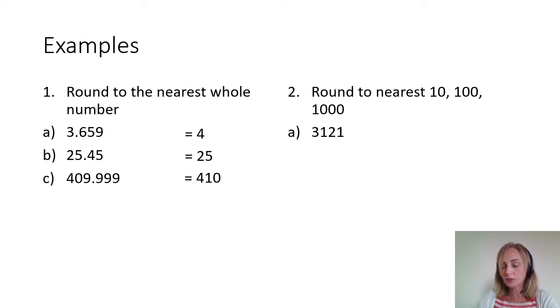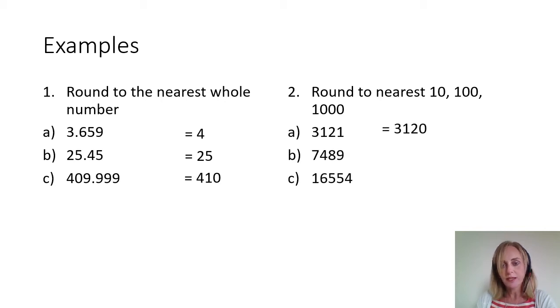So we look at the units column, which is a 1, round down. In other words, that 1 becomes a 0. It becomes 3120. To the nearest 100, it's 3,100, and the nearest 1,000, we look at the hundreds column, which is a 1, so again it's rounding down, and 3,000. So when it's the nearest 10, it ends in 1 zero, nearest 100 ends in 2 zeros, nearest 1,000 ends